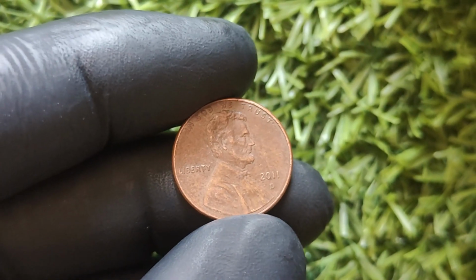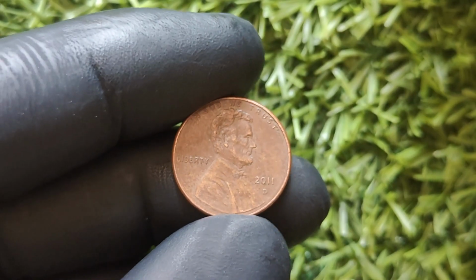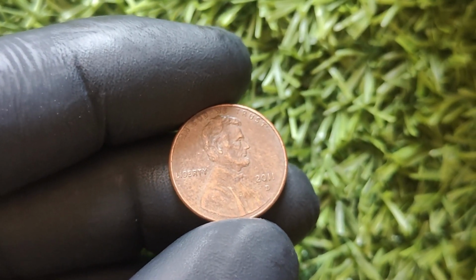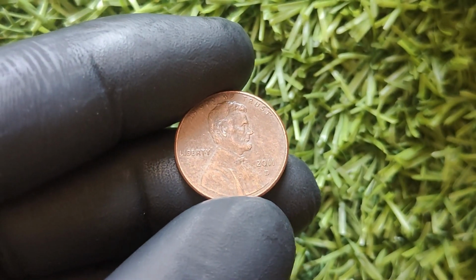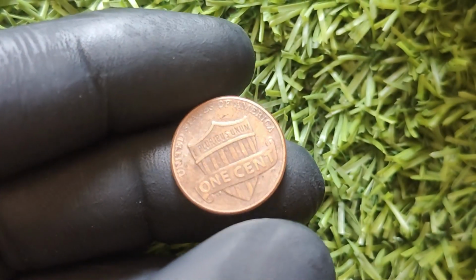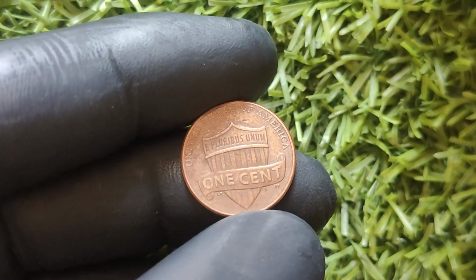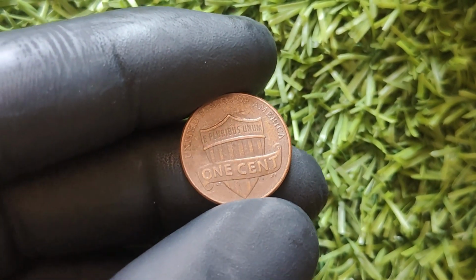Imagine holding a penny in your hand that's worth nearly $1 million. Sounds impossible, right? But one ordinary-looking 2011 D Lincoln penny has reportedly sold for up to $876,000. And here's the crazy part, you might have one sitting in your pocket right now. Today we're diving into the mystery behind this modern coin and why collectors are losing their minds over it, the